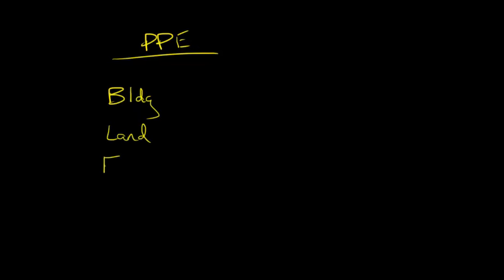Let's say under our non-current assets on the balance sheet, we've got our PP&E section, and then we've got a building, and some land that the building sits on. The reason I say sits on is because remember, if the land isn't being used in the operations of the firm, then it's going to be under the investment section, but this is being used in the operations. It's where we have our factory. So let's say the building's at 100, the land is at 50, the cost, and then the equipment